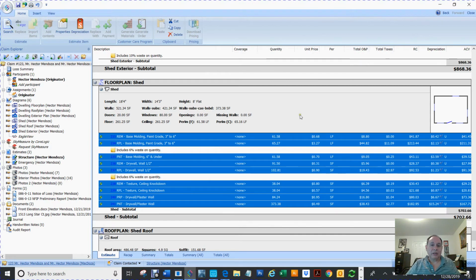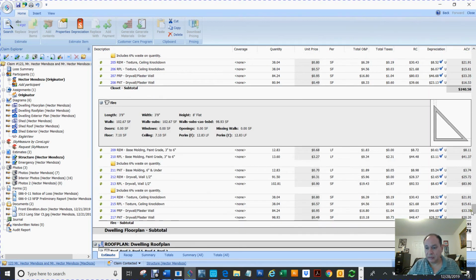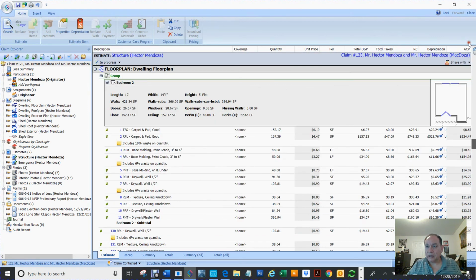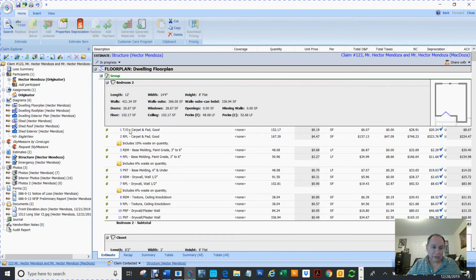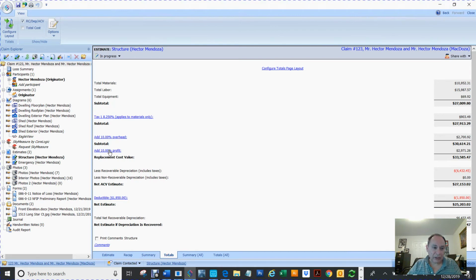So it's because I've been playing around with this estimate for a bunch of times. Normally that overhead and profit is not there. So let's select everything and take out the overhead and profit, right? So if I click here, watch this. If you go to totals and you see right here overhead and profit,